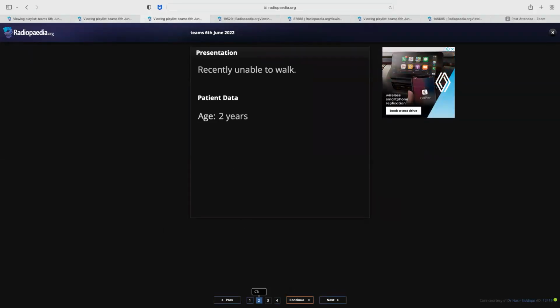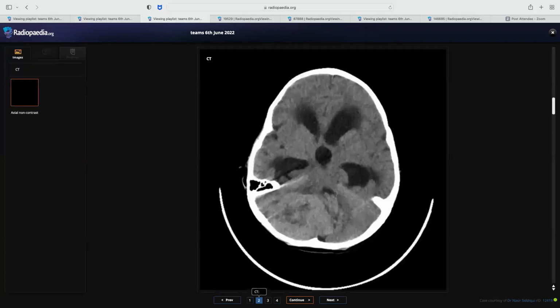Recently unable to walk in a 2 year old infant patient. Okay, I am given CT brain images, axial section. It's a plain study. I would have a